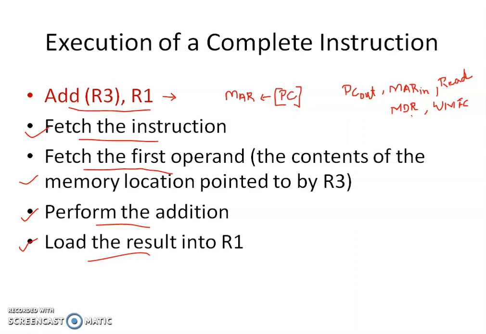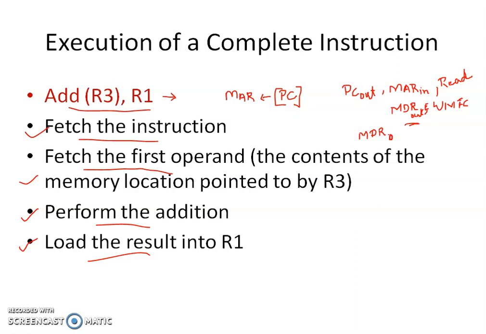So for that, you need to initiate the signal MDR out E, so that the data that is loaded in the memory via the memory bus will be copied or loaded to the MDR. Once data is available in MDR, you need to fetch that data, here it is the instruction. Okay, we are fetching the instruction. Now, once the memory function is complete, data will be available in MDR, and from the MDR, you need to place the data to IR register.